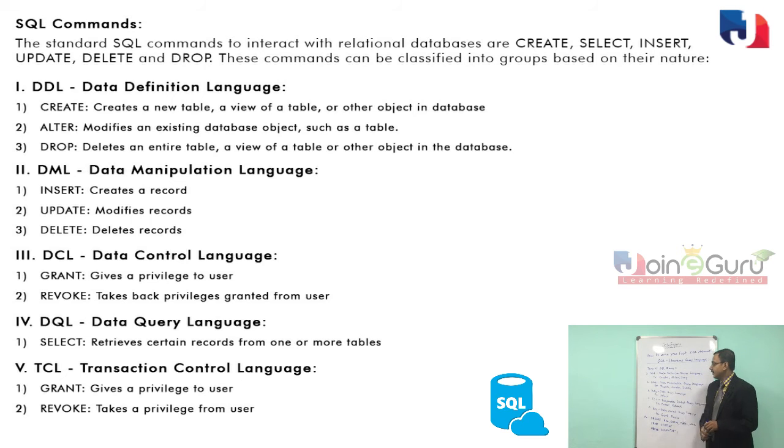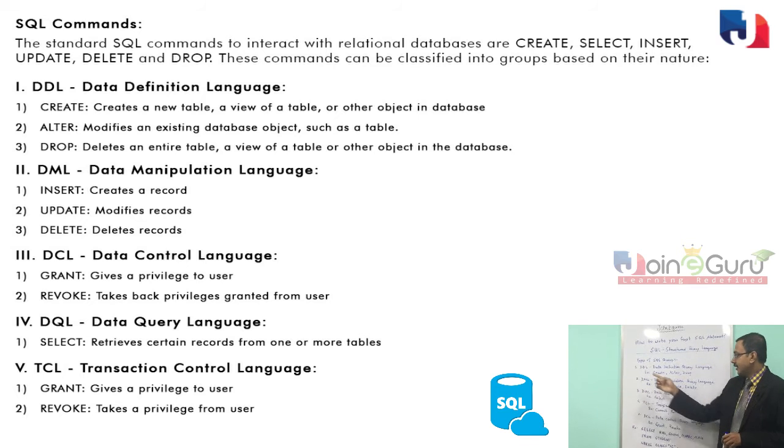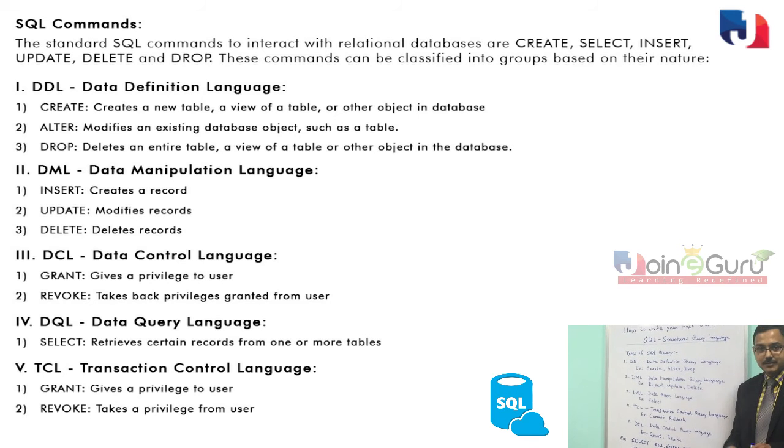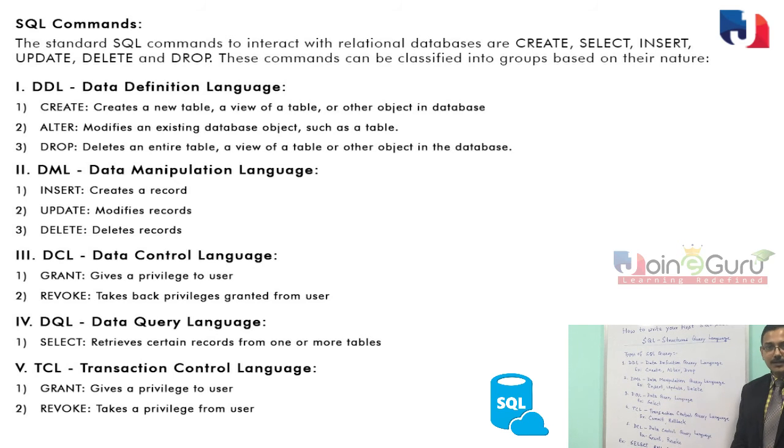The classifications are mainly defined as follows, as I write down the notes here. DDL, the first term, is Data Definition Query Language. It contains create table query, alter table query and drop table query. As the name implies, create means to create a new table, alter means to modify the table structure, and drop means to delete the table structure. And after creation, if you want to insert some data, update some data, or delete a record from an existing table structure, we can use DML query, that is Data Manipulation Query Language.